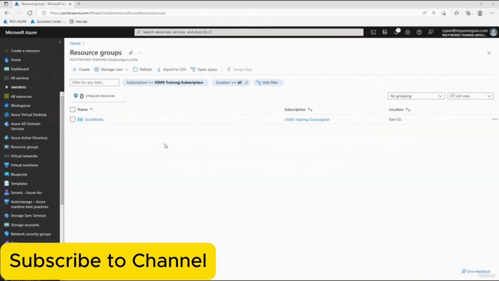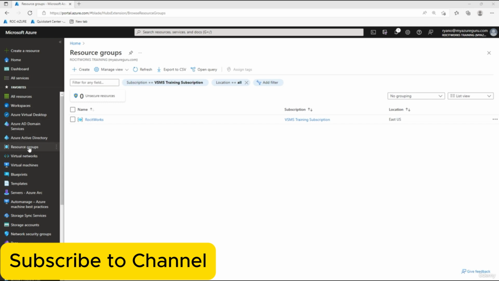Hi, as you can see, I've gone ahead and logged into the portal. In order to work with Azure Locks, the first thing we need to do is create a resource. We can apply Azure Locks at a resource group level or at an individual resource level, such as a virtual machine. So in this lab, we're going to create a virtual machine from the ground up, apply some Azure Locks to it, and then test out our locks. So the first thing you need to do is log into your portal and navigate to resource